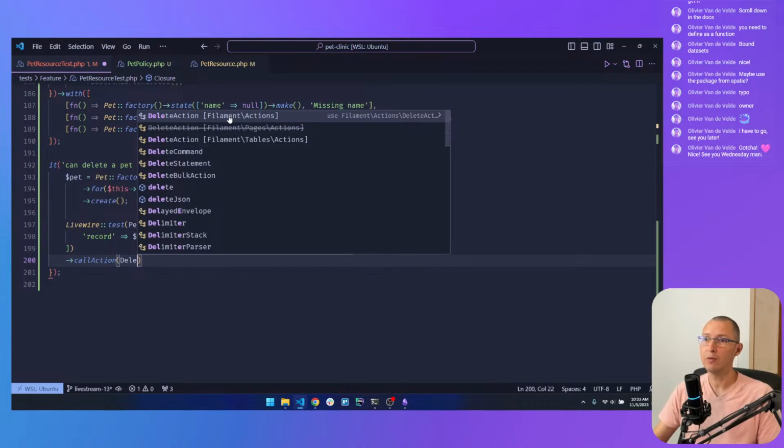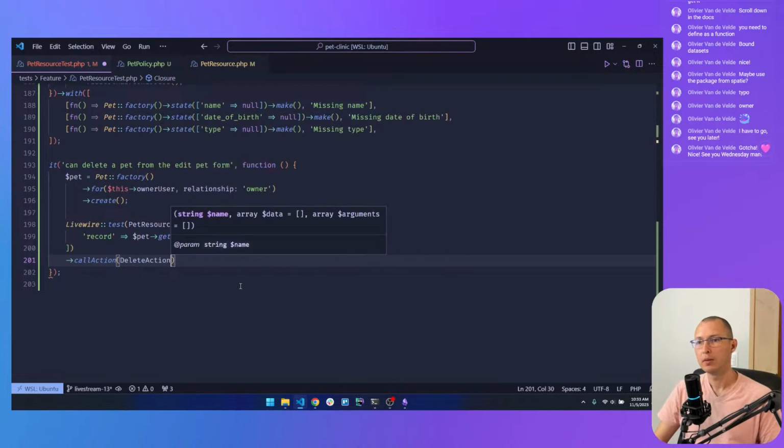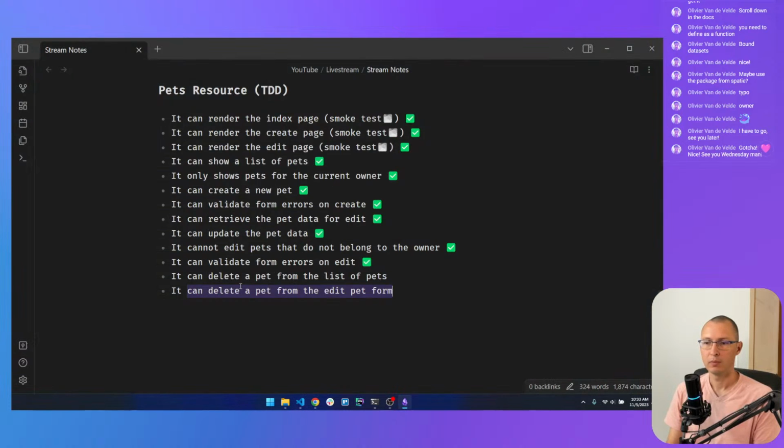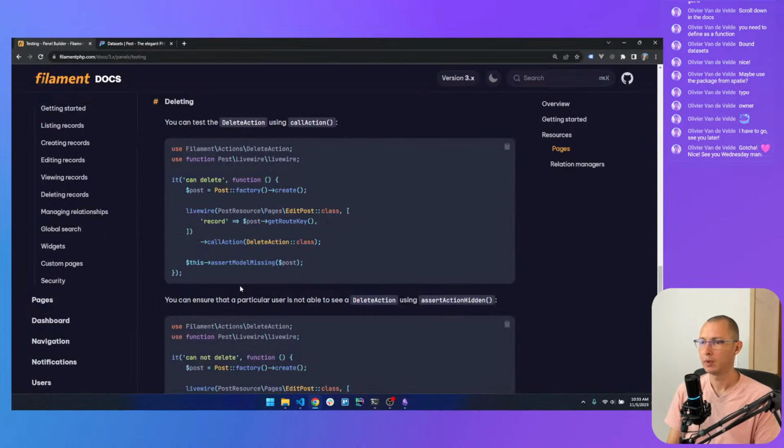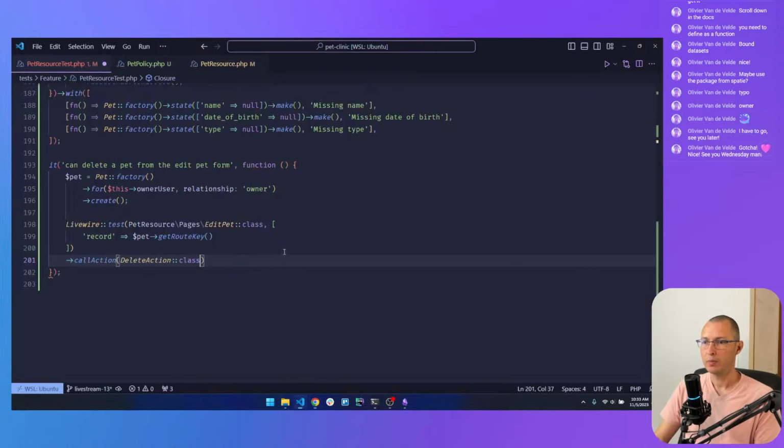It's going to be Filament Actions, not Filament Table Actions. That's going to be for the next test. And also not the Pages actions, that is deprecated. Yep. Filament Actions, delete action.